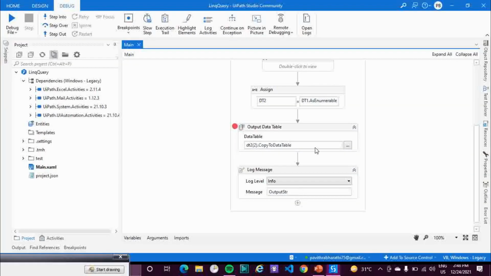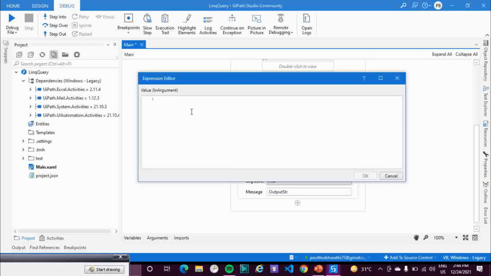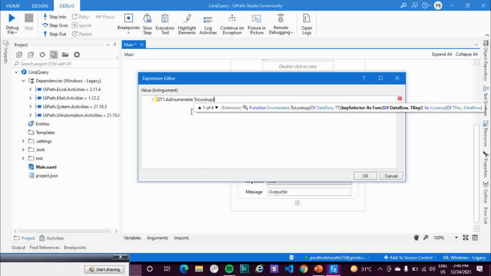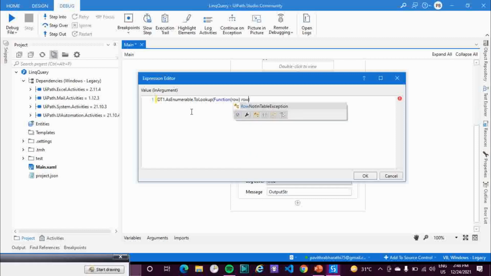The code is simple. Let me write the code. dt1 dot as enumerable dot to lookup, function row, let me use roll number.